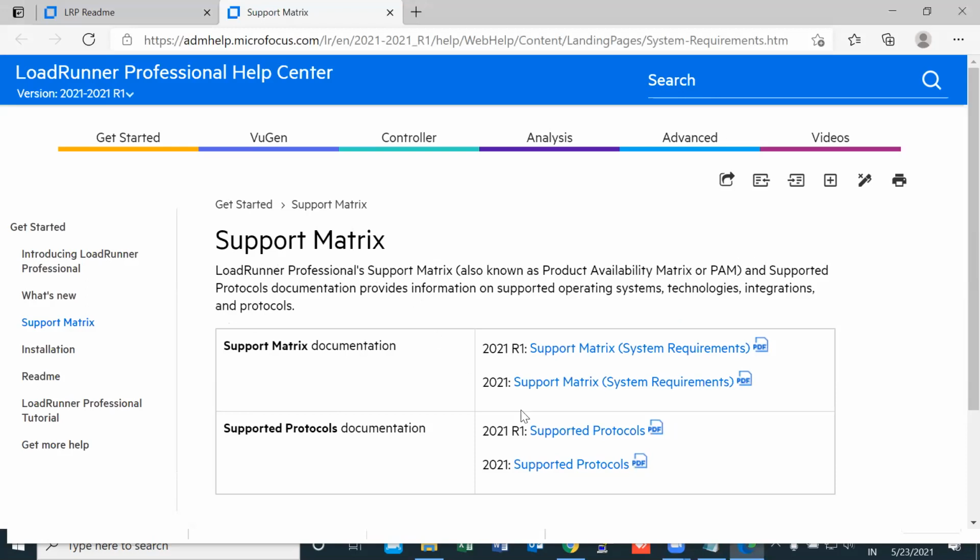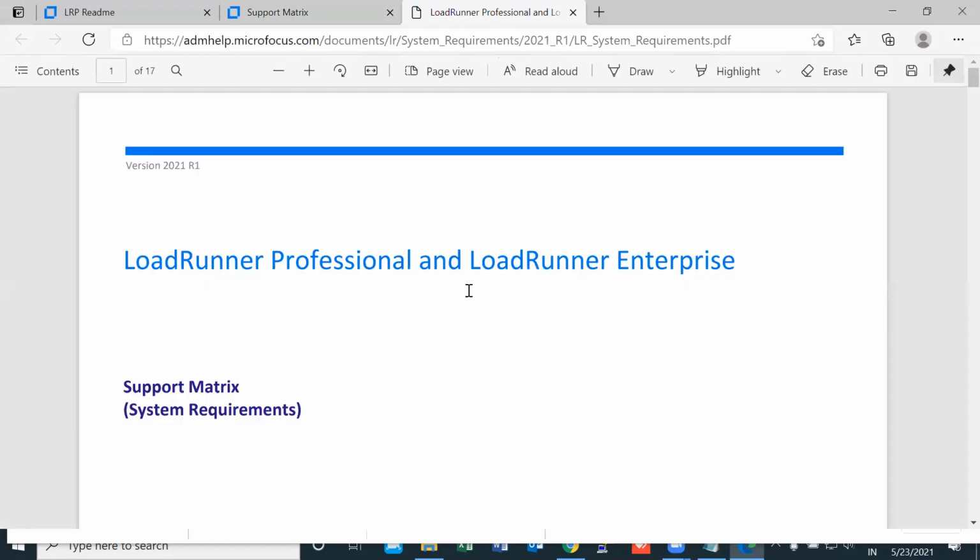This contains the 2021 support matrix, the system requirements, the same document which we checked previously.